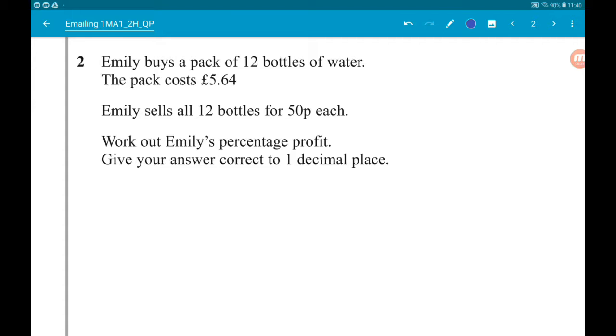Okay, so to do that, we need to work out the profit that she has made. Profit is money made minus money spent. And then to find that as a percentage profit, we divide the profit by the original cost and then multiply by 100. So she made